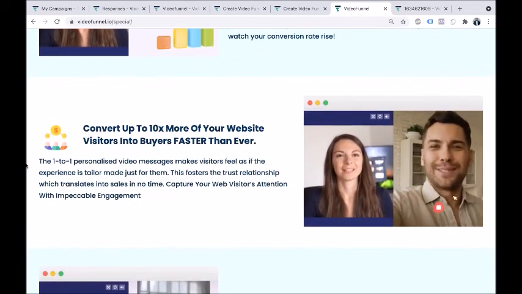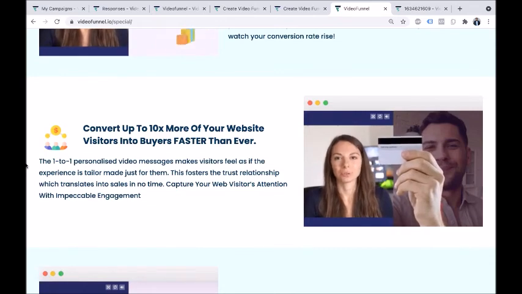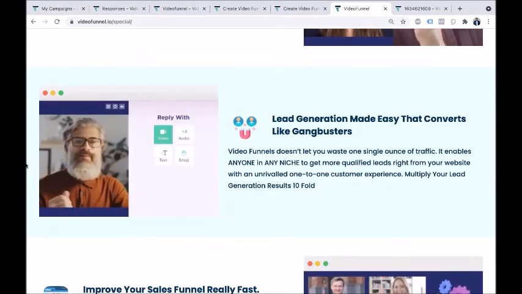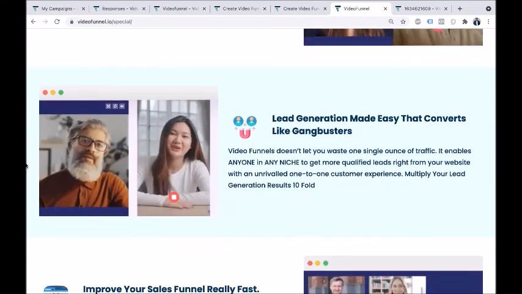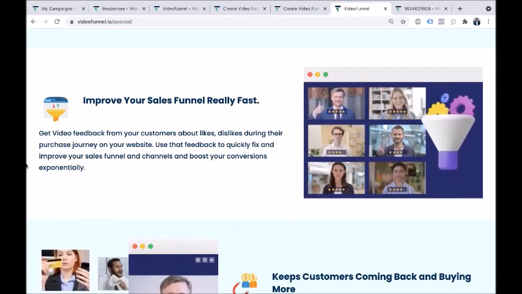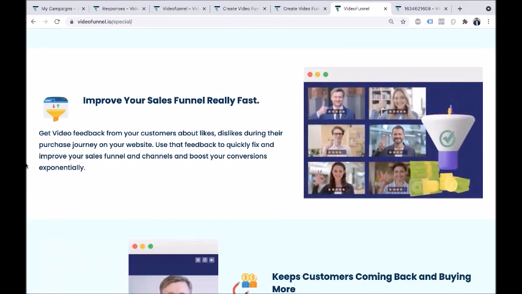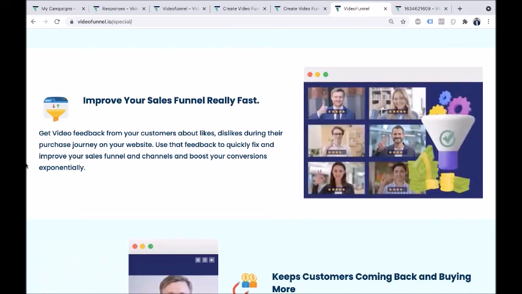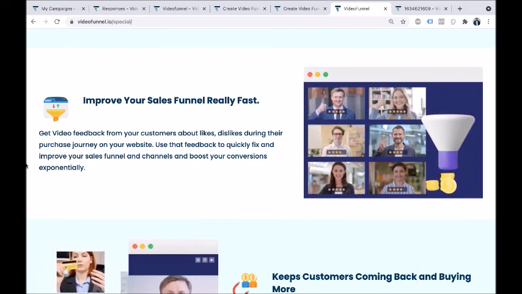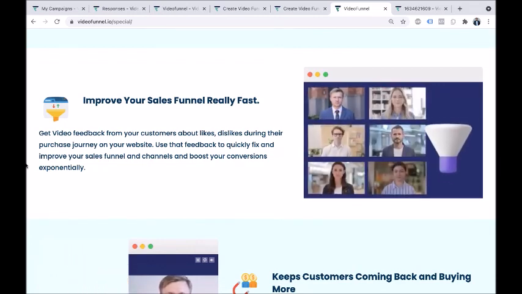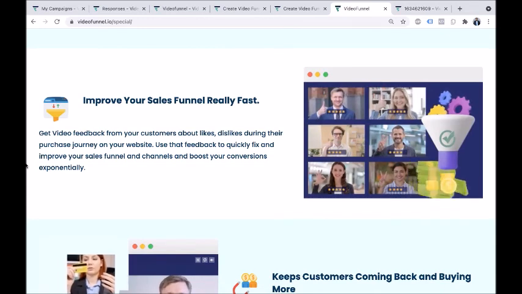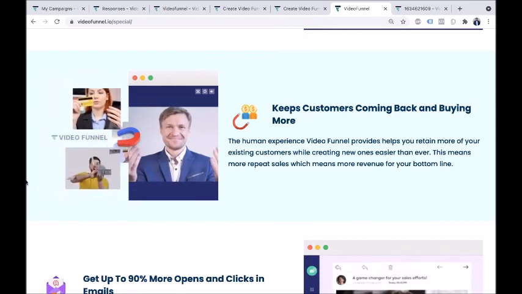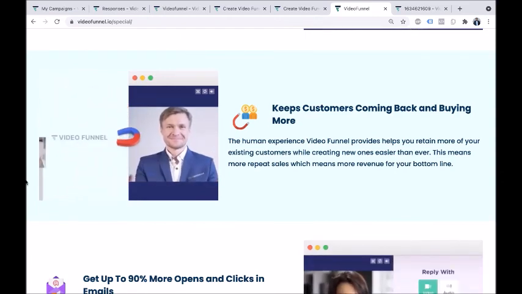You will convert 10 times more of your website visitors into buyers because you're engaging with them. Okay, you will do lead generation like crazy in any niche because of the personal touch, and you will be able to improve any of your existing sales funnel really fast. The reason is that you will have video feedback from your customers about what they dislike and what they like in their purchase journey on your website. You can use that feedback to quickly fix and improve your sales funnel and boost your conversions exponentially. More of your customers will be coming back to you because now they know you, they like you,